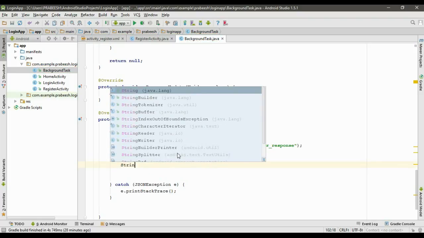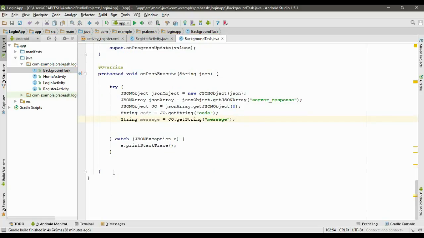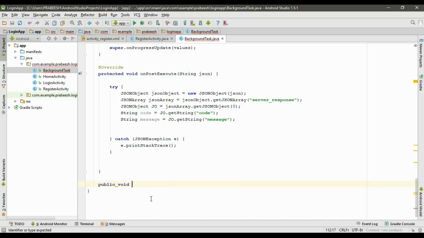Now we have to get message from server. So string message equal to jo dot get string, and specify the identifier. Here it is message. Okay, now we can analyze this message, and we have to display some alert dialog. For that, here I am going to declare some methods. So here I am going to define a method, public void show dialog,